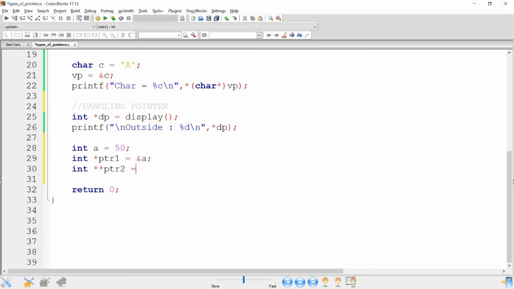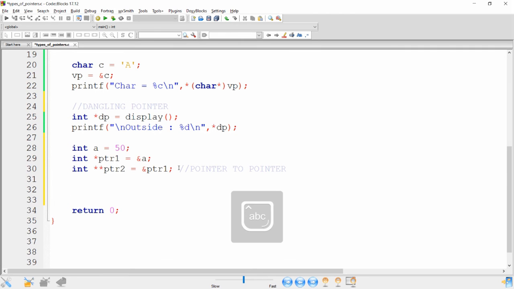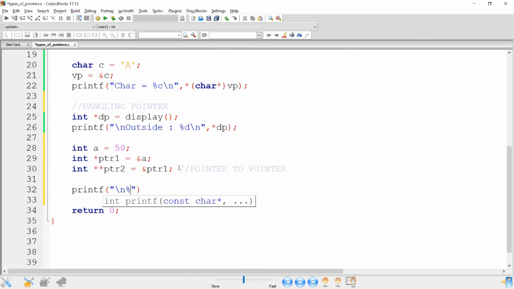Now this pointer 2 has the address of pointer 1. So this pointer is pointing to another pointer, and this kind of pointer is known as a pointer to pointer. Now whenever you want to access the data, you can simply write printf with %d %d %d. You can write a, and it will print 50.